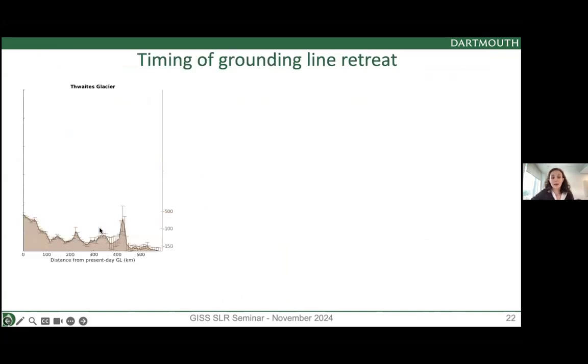And so I'll walk you through this figure step by step, because usually we don't look at it this way. So here we're looking at this line on Thwaites Glacier. And so we have here the current grounding line on the left, and then we have the distance from this grounding line, and here is shown the topography of the bed. So we see the bed is mostly sloping downward inland, and these arrows show the uncertainty in the bed topography.